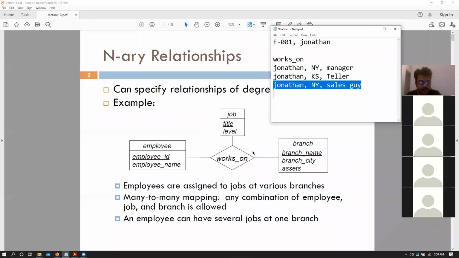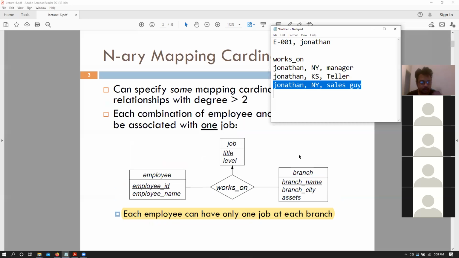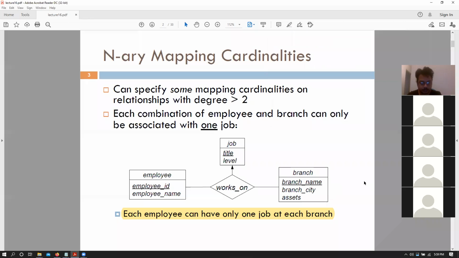What I'm saying is, if all of those are many to many keys, then all of those primary keys will come together into a single notation, and then we have combinations of singular values. No triplet would have the same value. But if we have an arrow towards employee instead of job and branch, that would mean that one employee can have many jobs and many branches. Exactly. You're correct.